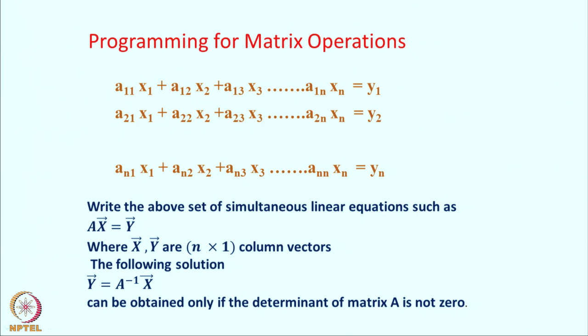For example, suppose you have a simultaneous equation for two variables x and y. If I have variables x and y and if I have two equations for this x and y, then only I can solve it, because if there is only one equation between x and y, then I do not know the values of x and y independently. At best, I can express x in terms of y. For example, ax plus by equal to 0, this is an equation. So, my ax will be equal to minus by and x will be minus b by a into y. So, I have solved x in terms of y, I have no independent answer for x, because I had only one equation between x and y. So, if I have two equations between x and y, I can solve it uniquely.